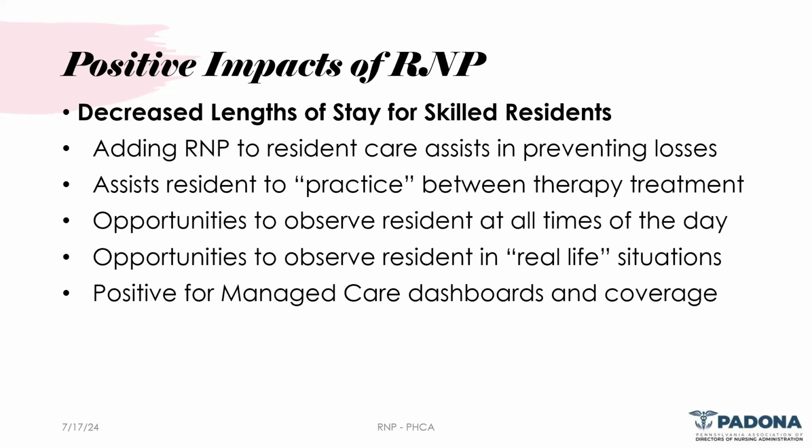Do they have a big mattress? Is it a queen size bed or a king size bed? Or are they going home to a double bed or a twin bed at home? We don't know, but our bed in the nursing home in the resident's room is more of a real life situation, on and off the toilet, where they're having to take their clothing down and pull their clothing back up again and do toilet hygiene. Those are real life situations, and getting the resident ready to go home,